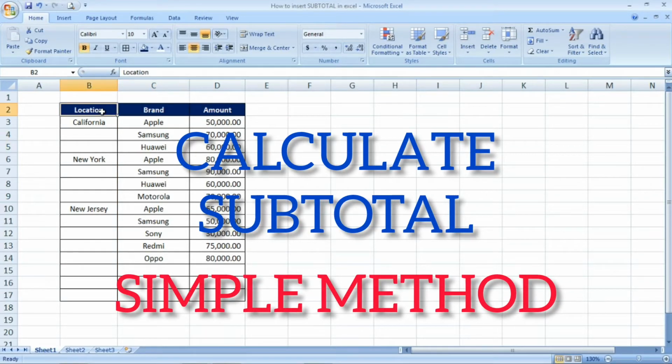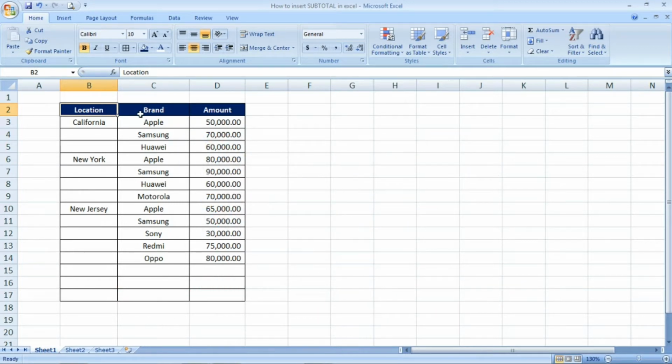In this video, we are going to see how to calculate the subtotal. See here, I have given the location and brand columns, and after that the amount has been given. Based on the location, we are going to calculate the subtotal. Okay friends, now, leaving the first location, I am randomly selecting the